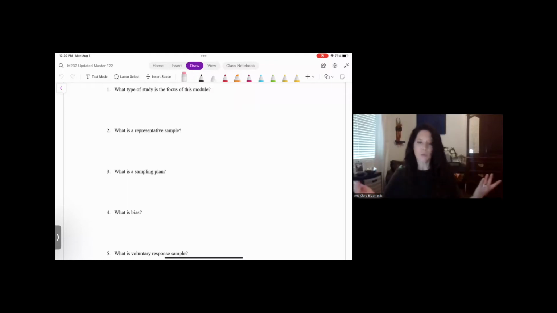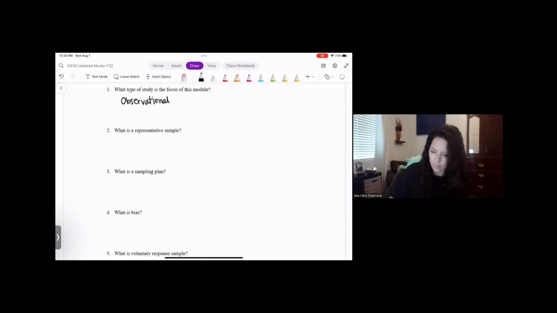So the first question is, what type of study is the focus of this module? And this is about observations. So we're doing observational studies. And in this section, there's not a lot of computation. We're not doing any calculations. We won't be using StatCrunch. We're basically talking about definitions and determining information. How do we determine whether something's an observation or whether something's an experiment, and what kind of conclusions can we